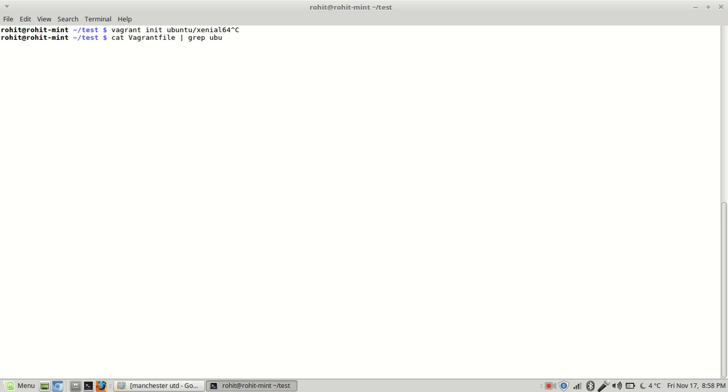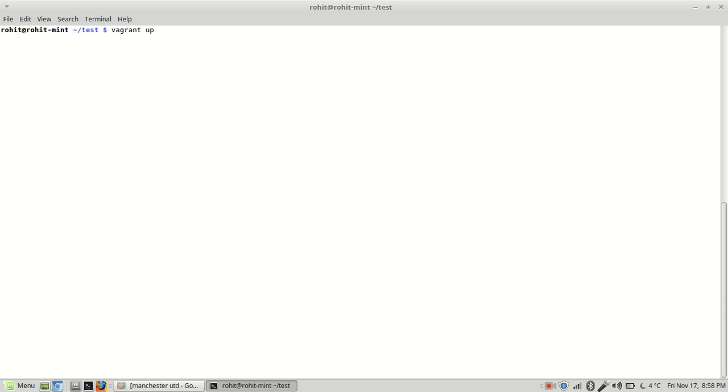Ubuntu, if I show you, you can see that this is the image which I am using, and we have to use this image. It is very important because whatever the RPM names are across different distributions and different versions, the RPM or package name might change, so it's very important to use the same environment. And now we can see that we have initialized and the virtual machine is running,